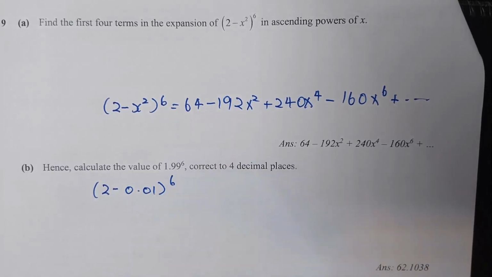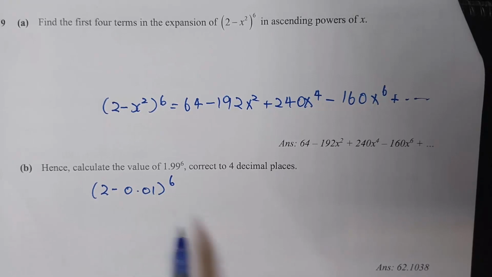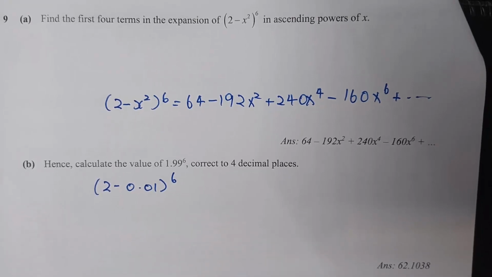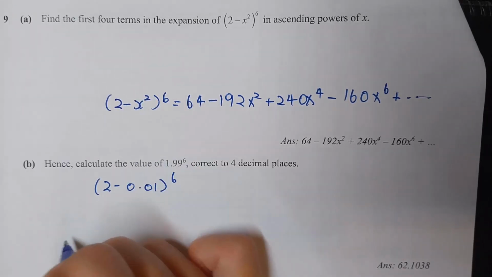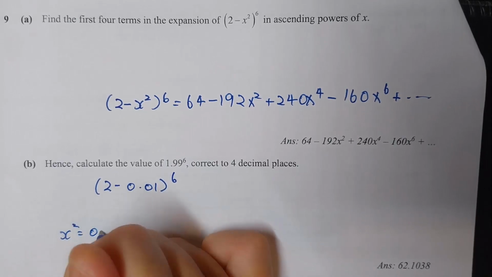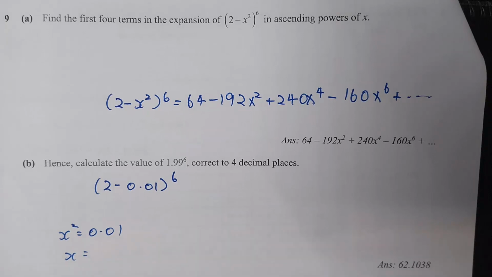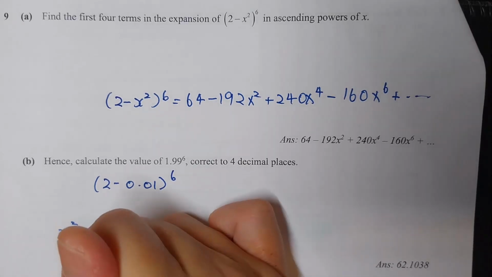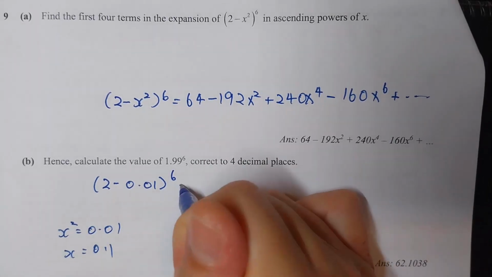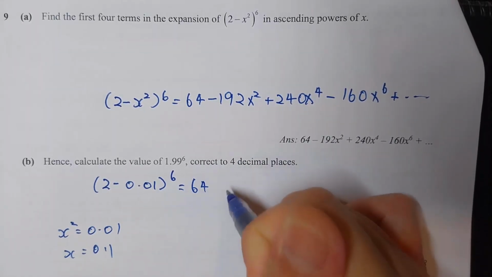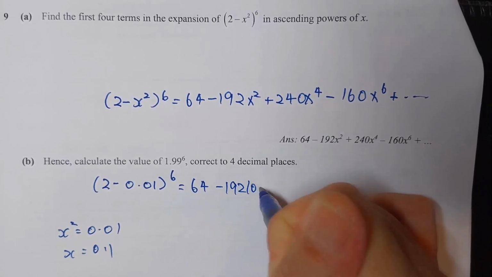And so 1.99 to the power of 6 will be 2 minus 0.01 to the power of 6. So what does this mean? It means that x squared is 0.01 and x is equal to the root of 0.01, which will give us 0.1. So we just need to substitute 0.1 into x,